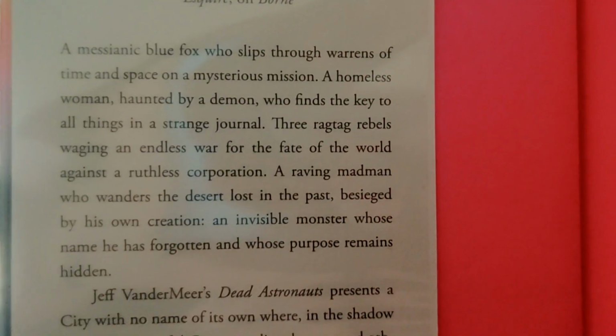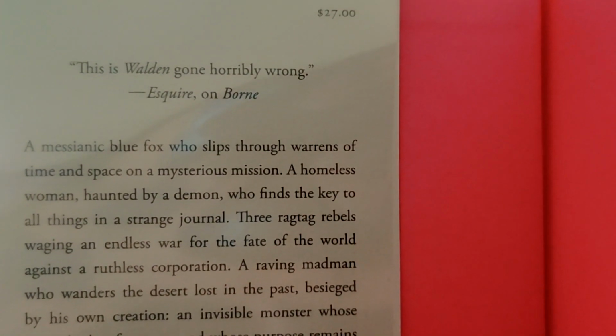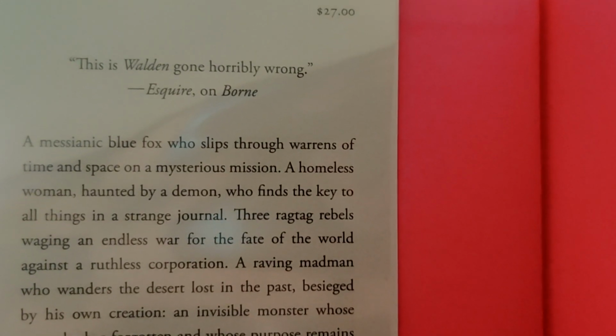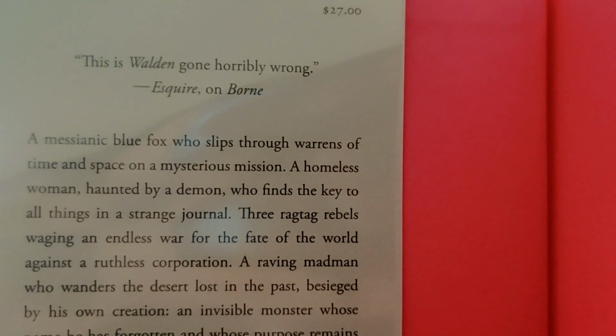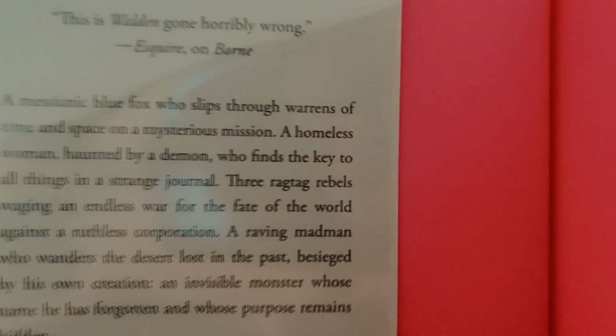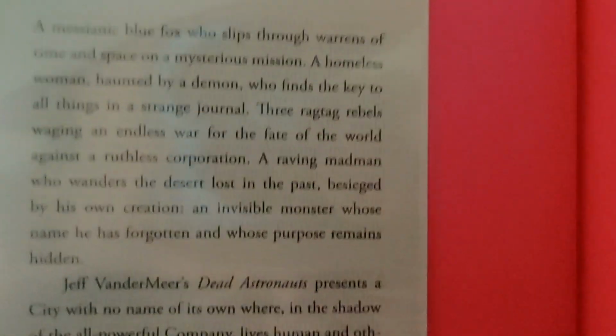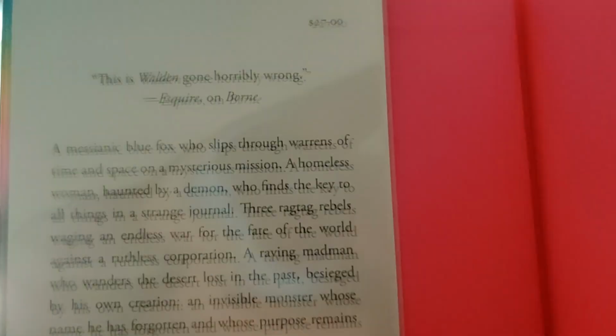Okay, let's see how bad this blurb is. This is Walden gone horribly wrong. Okay, well, I know that the Walden stuff is supposed to be super boring and pretentious. So I would say that, yes, it's Walden-esque or worse. Anyway,